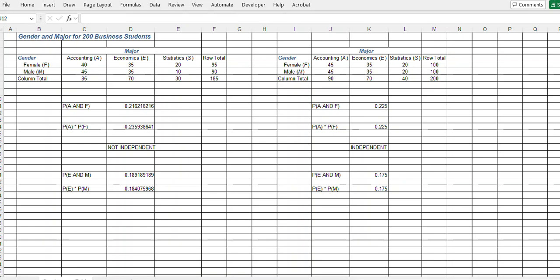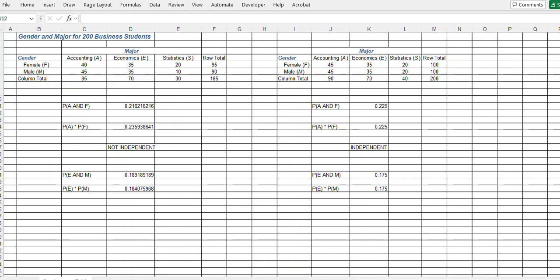I'd like to clarify a little something about independence when you're looking at contingency tables. So the major events are the person's major and gender. Those are the two events that we're looking at. Now, in those two are subcategories. If you take any one of those subcategories and do a bit of a test with it, you will determine